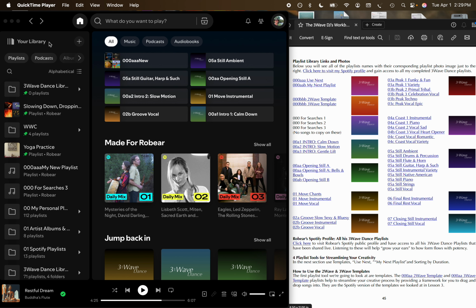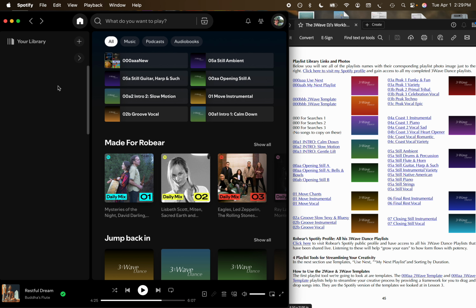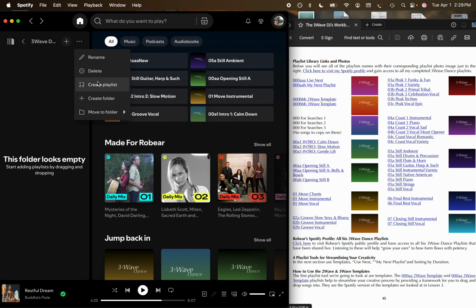And when we get started, here's what we're going to do. You're going to go to your library, make sure you're in your library, click on your three-wave dance library to open that up. The folder's empty, and that's what we want to see. Okay, so the next thing we're going to do is create a playlist. And we're going to use these three dots, not this plus sign, so that the playlists show up in the folder that's currently open. So we'll create a playlist,